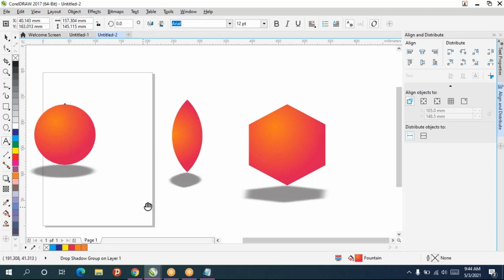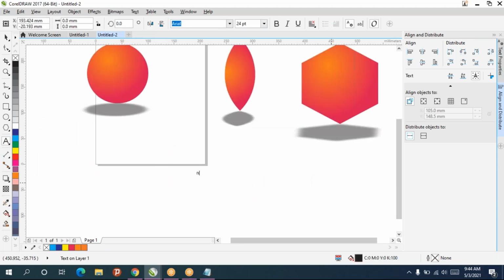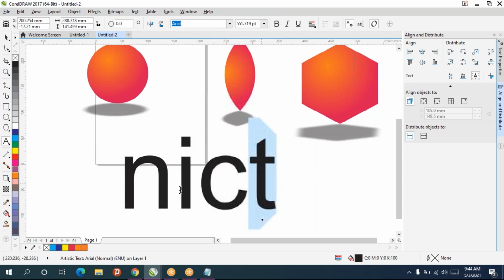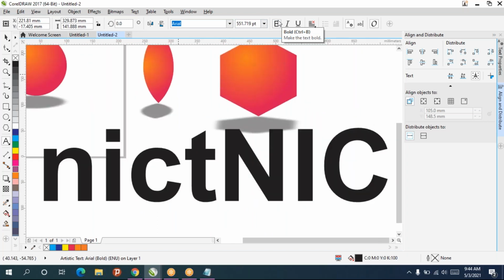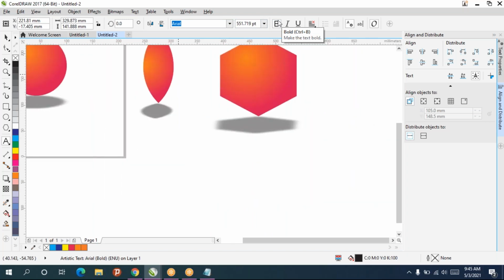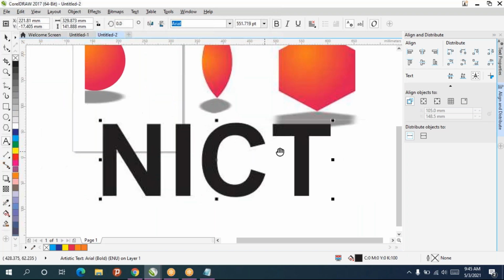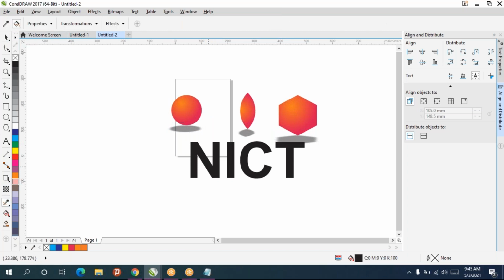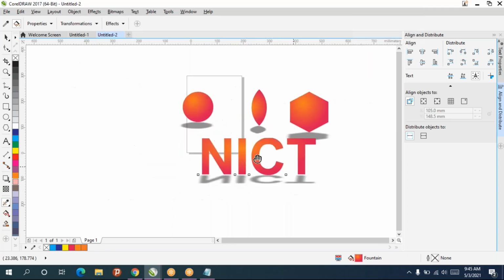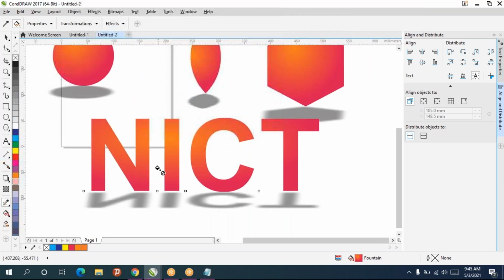For example, if I type some text, take the attribute eyedropper, click on this and apply to this. So for this also, it will apply automatically.